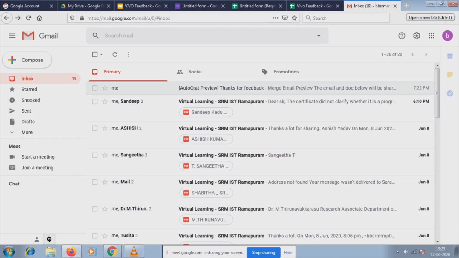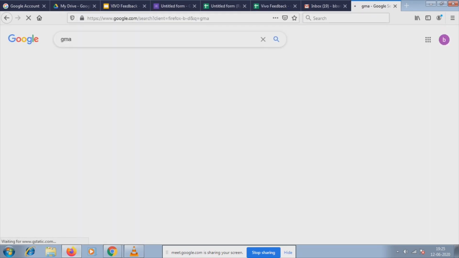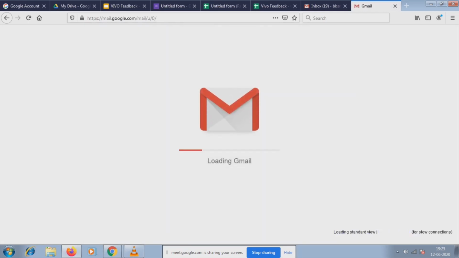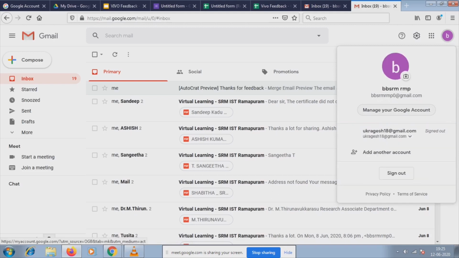Now what I do is I go to the concerned email to which the email was sent. So I open my email here. I give add account. Sorry, I've opened the same account again. So I go here, I click the icon and give add account. Since I already have it, I open it, give sign in. Then the account is loading. Once it has loaded, we'll give the password, we'll enter into the account, and I'll show you the mail with the